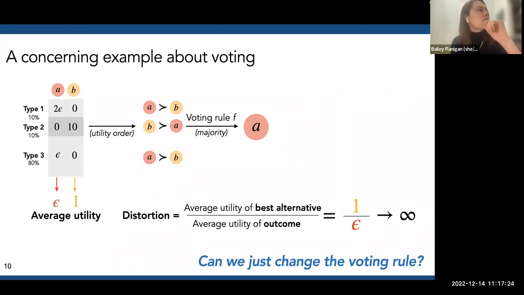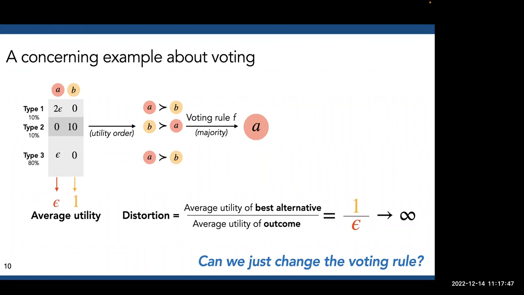I don't even think picking a random voter will give you 1 over the number of voters, because if you accidentally pick a voter that has really, really low... okay, let's say in this election you picked a random voter and you chose, with pretty high probability, you're going to choose a voter of type 3. You're still going to get basically no average utility out of their chosen winner. Yeah, but 10% of the time you pick the voter of type 2.